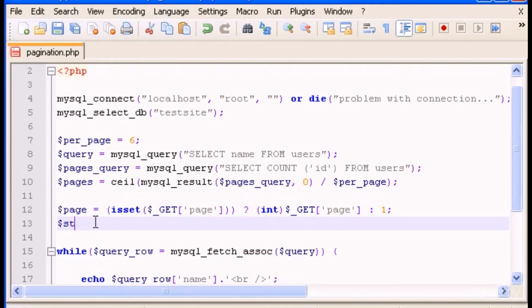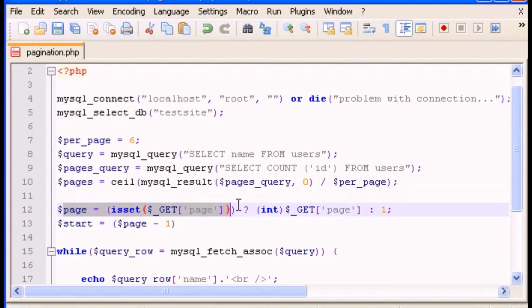Now let's type a new variable called start, and start is going to be equal to page minus 1, and this means that the page, which is here, which is 1, is going to start always in 0. So page is 1, so this minus 1 will set the first page to 0. And as you know, we always start with 0 in PHP. So by